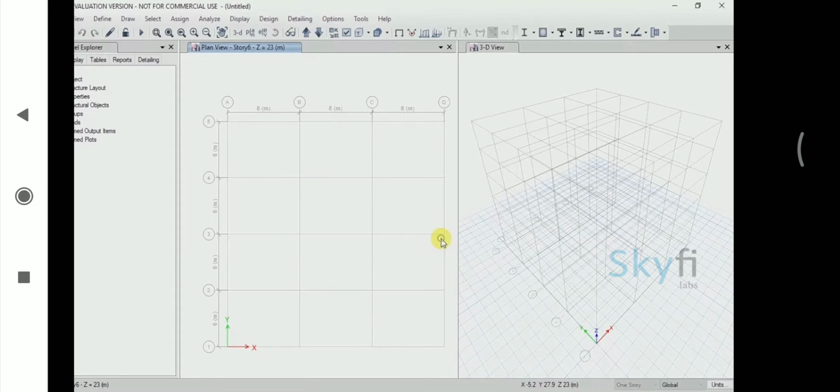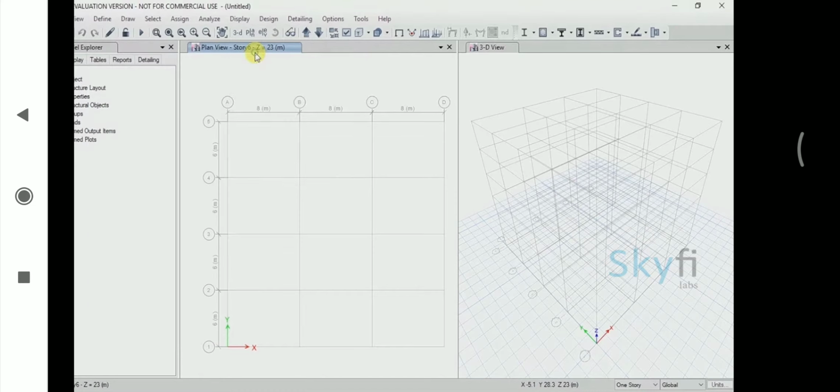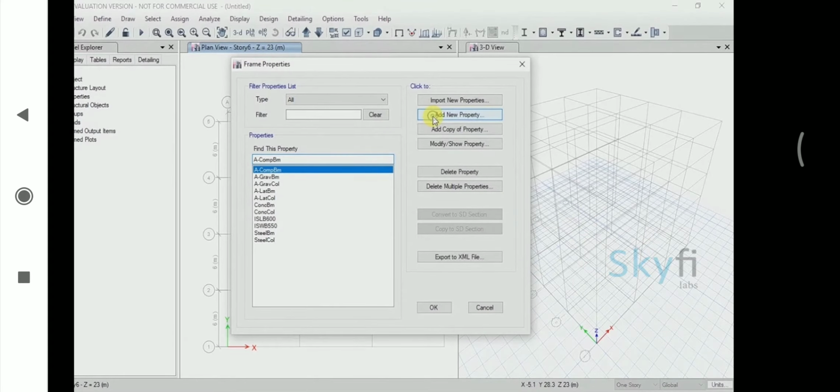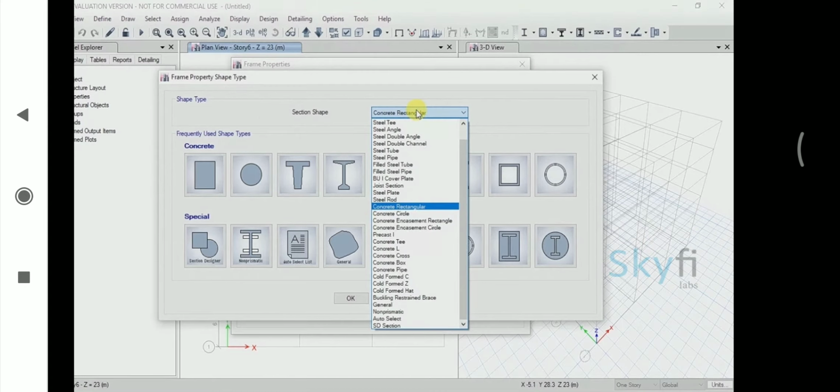Click on OK. Now to define the beam and column sections, go to the Define menu. Select Section Properties and click on Frame Sections. Select Add New Property to add the beam section. The section shape drop-down list has all the options for the type and section of frame you want to define. The beam is a rectangular concrete section, so select the option accordingly.